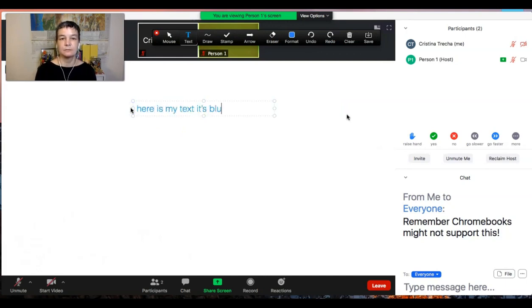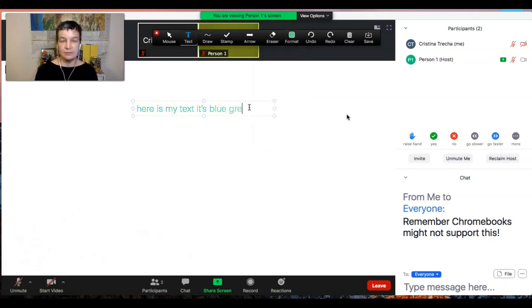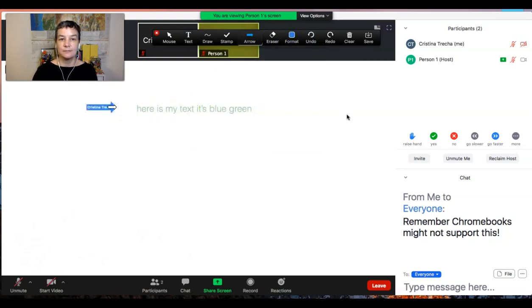It's blue. I can make it another color by going to Format. I can make it green. Now it's green. I can draw arrows. Right? My arrows are red. I can make an arrow blue. You'll see my name on there. That's because the host setting is set to put names by who's annotating,